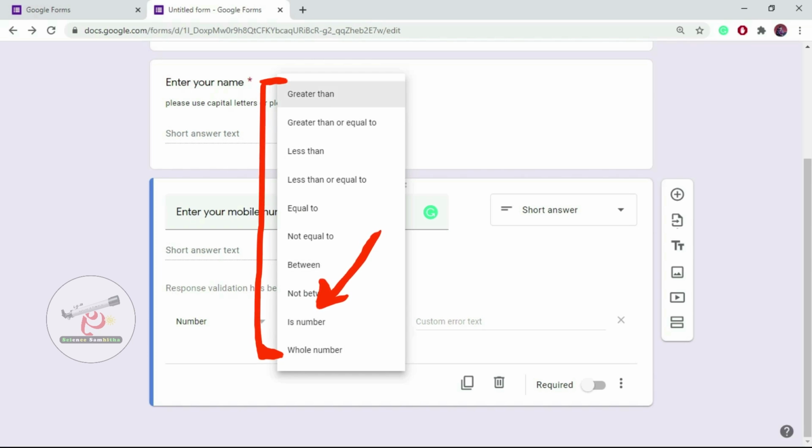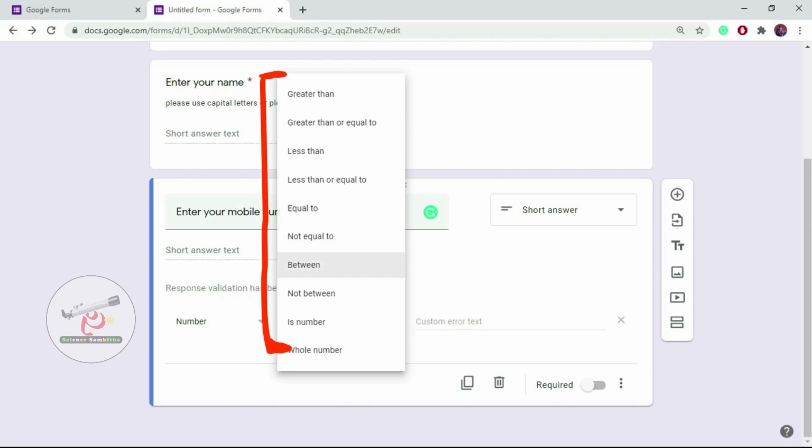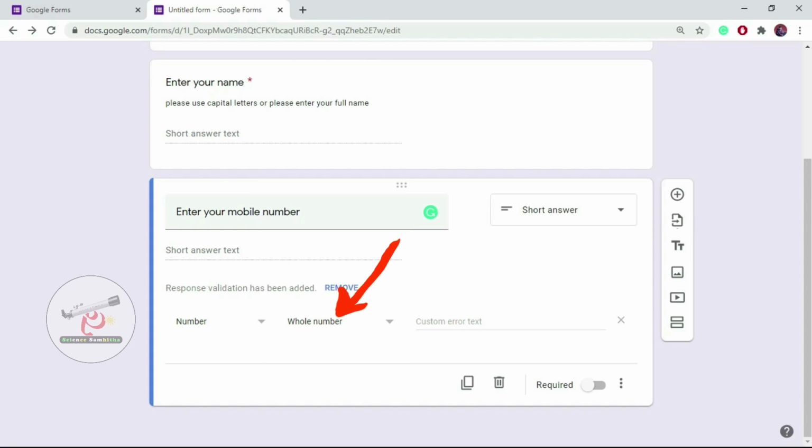if it is a number, again we have some conditions like it should be greater than something, or greater than or equal to something, less than or equal to, not equal to, between, not between, is number, whole number. So mobile number is a whole number. So it is the condition. If it is not a whole number, or if it is not a number, then what is the error text you want to show? That is, if the user enters some text here instead of a mobile number, then I have to show an error. That is,